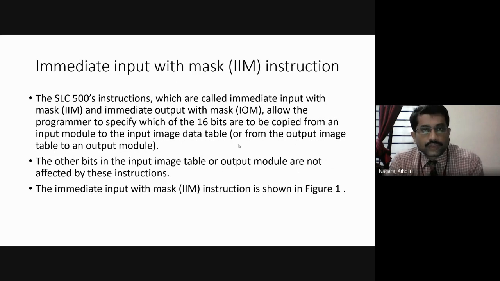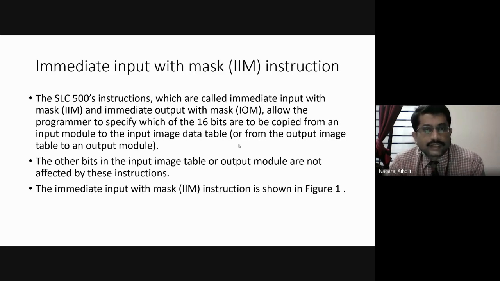That means if the input data, the status of the input device, is of 16 bits, then among those 16 bits only certain bits are chosen, and only those bits are stored into the input image table file. That is the meaning of copying only a few bits among all the 16 bits and storing them in the input image table file.